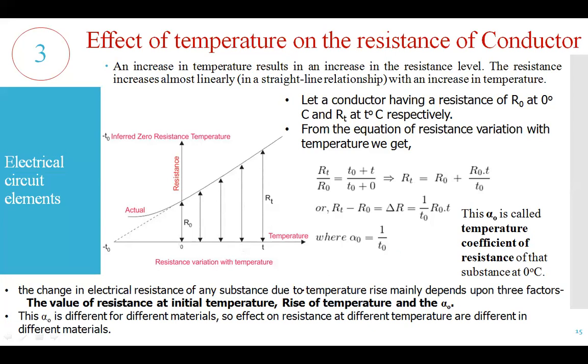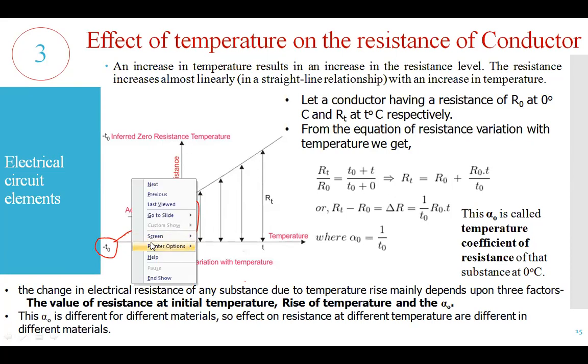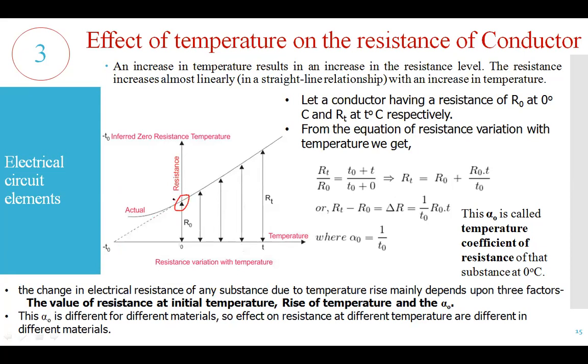Now, over here, this is at 0 degree centigrade, but if we extend it to the other side of that line, it is indicating the minus T0 component. It refers to the zero resistance temperature. You can assume that at 0 degree centigrade you have a certain value of resistance. But when the resistance is equal to 0, when you extend this line to the other side, it will meet at minus T0 degree centigrade.